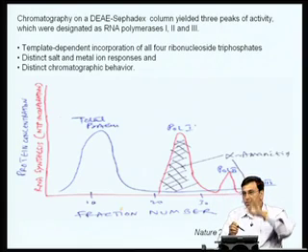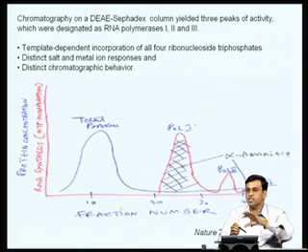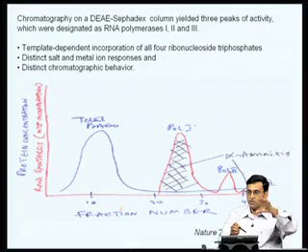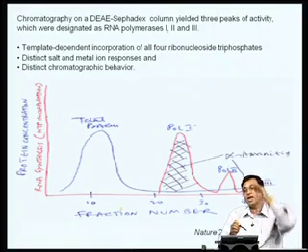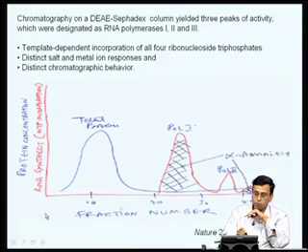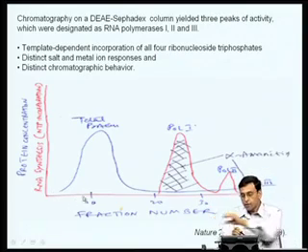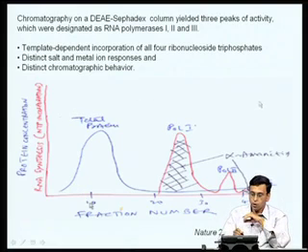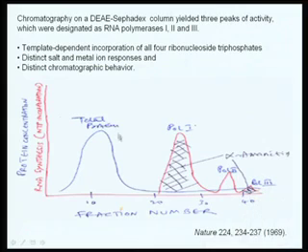So, depending upon the affinity of the proteins, that is, proteins which have, for example, very low affinity to the ion exchange resin will elute first with very low salt concentration, whereas proteins which have very high affinity for the ion exchange resin will get eluted later. So, if you now start collecting fractions with increasing salt concentration, you can collect various proteins in different fractions, and accordingly you will get what is called an elution profile of the protein.